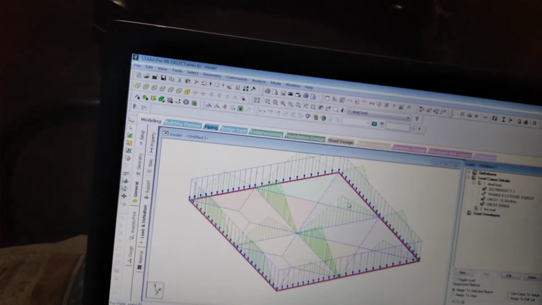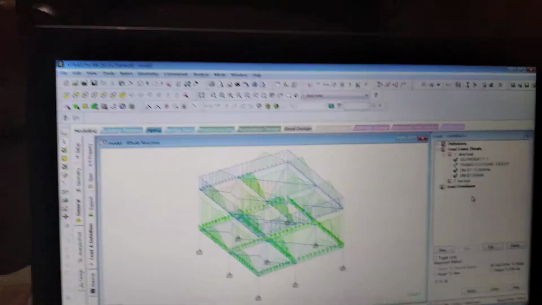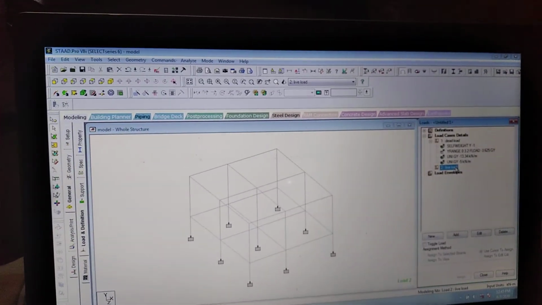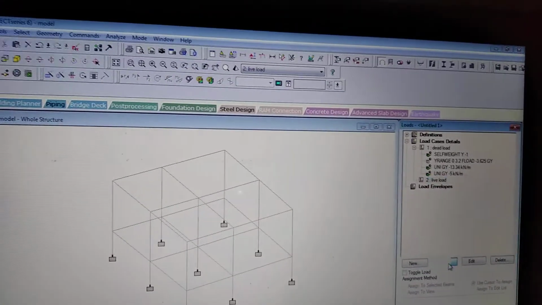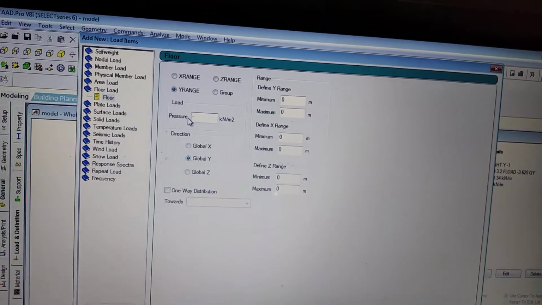So I want the whole structure, no? So again I will go to this option, whole structure. Okay, next the dead load is finished. Next I want the live load. So I will go to live load, add it, floor load, and live loads I will take normally common to all